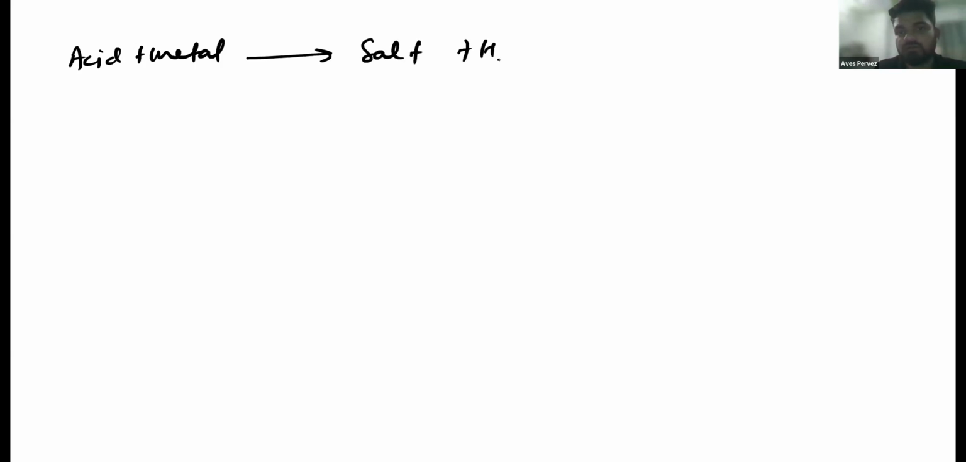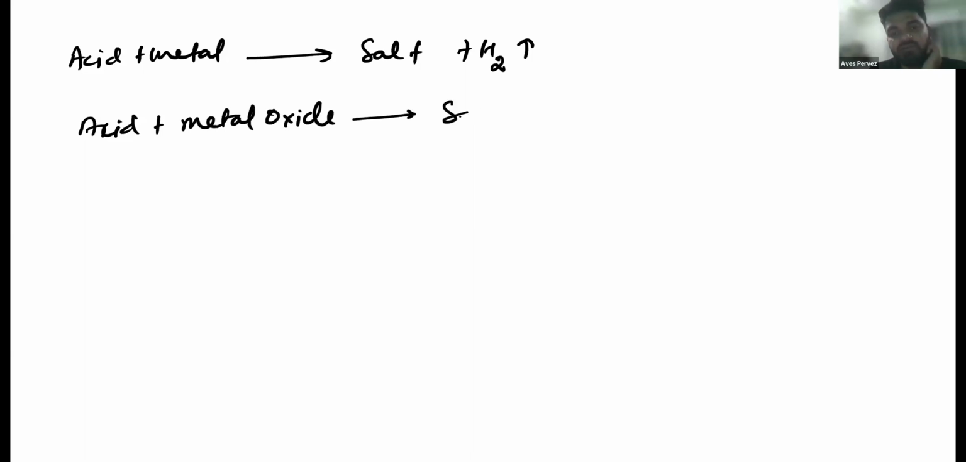Okay. So the next property of acid, as we have discussed for the previous one, is that acids when they react with metals will give you salt plus hydrogen gas. Okay. The next property is acids when they react with metal oxide,